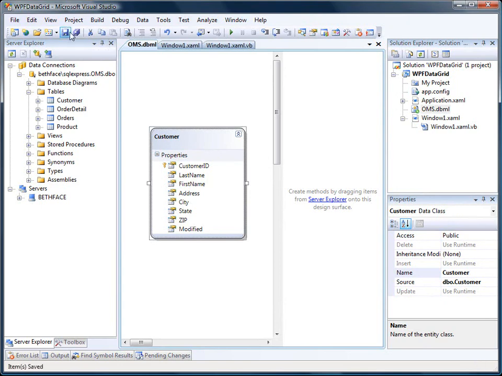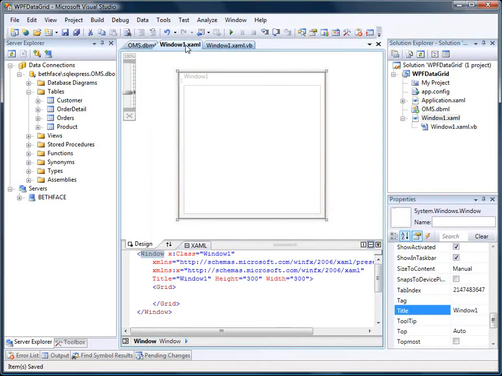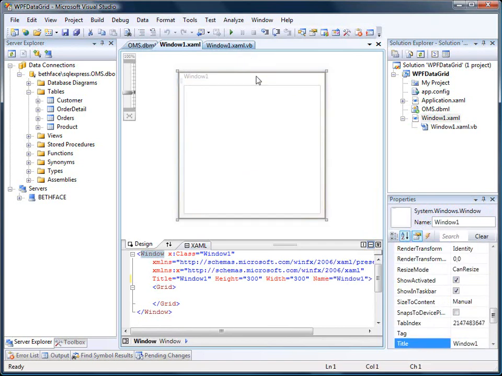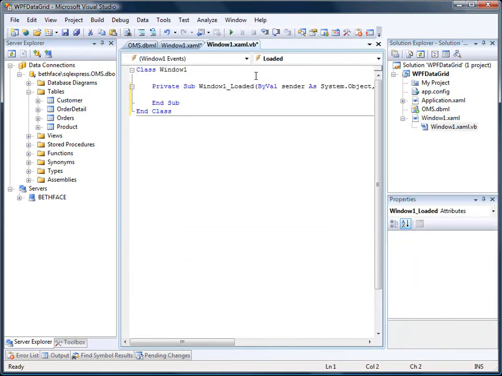Alright, so let's write some code now in our window. So you'll notice that this is the designer. We've got the XAML below and the designer up here. What I'm going to do is add some code into our loaded event to load the data. And it's bad practice to load all of the customers in our database. I've pre-populated this table with about a couple hundred customers. So you never want to bring down all the data in your database, so it's good to write a filter or a query. So I'm going to use LINQ to write a query,